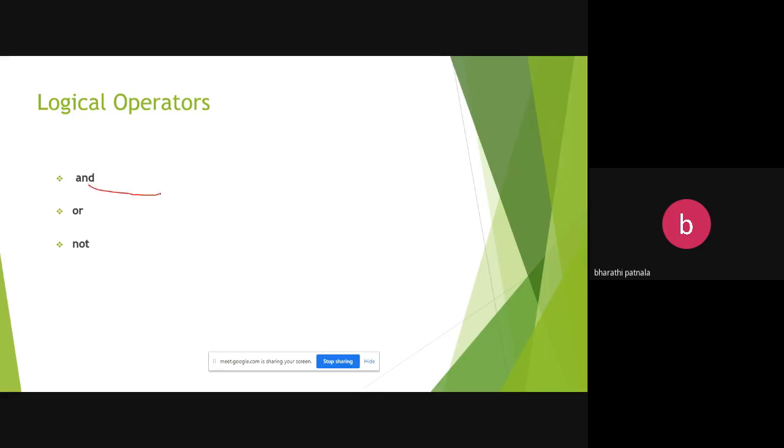For example, we have three different variables: A, B, and C. Now you have to check the biggest among these three numbers. So if you want to find the biggest among these three numbers, first you have to check whether A is greater than B or not.